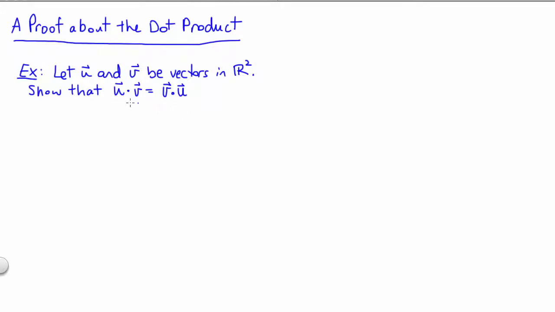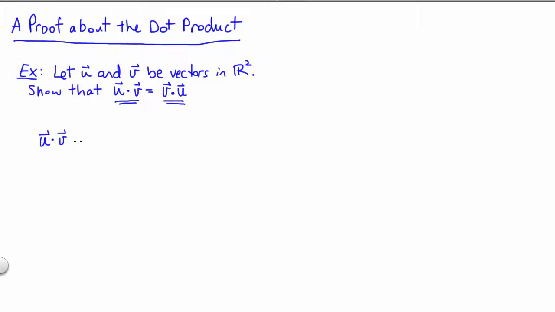Anytime you want to show that one thing is equal to another thing, the idea is to start with the more complicated side and turn it into the other side step by step. Now, in this case, neither of these expressions, u dot v nor v dot u, is more complicated than the other. So I would say it would be more natural to start with the left side. I'm going to write u dot v